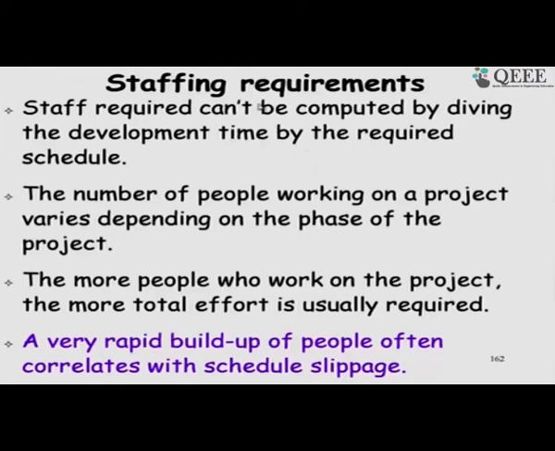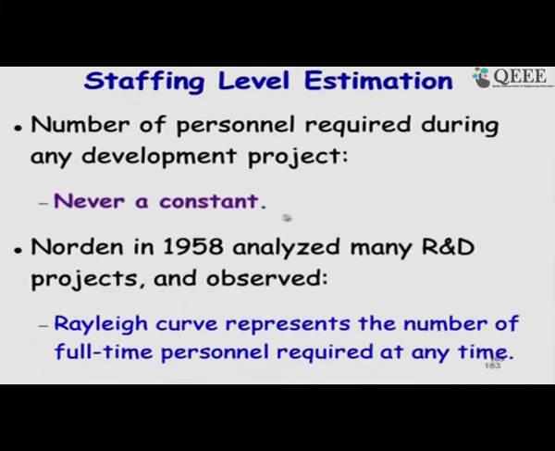So, the staffing requirement, let us look at some very basic ideas here. Once we identify that the effort is 100 person months, what is the manpower that we deploy? Is it that we get 10 or 20 people and just start the project, or is it that the number of persons we need to add slowly and build up the team? One thing had become clear,